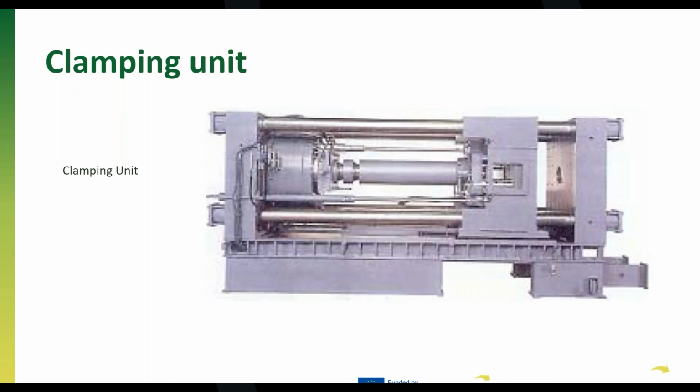which is the clamping unit, in which we have on one side the mold, and on the other side we have this piston that will force the mold to be closed at all times. We need to understand that the material is going to be injected at high pressures, and we need some force on the opposite side, avoiding the mold to open and providing the nice form, that shape of the product that we want in our final product. In the next slide,